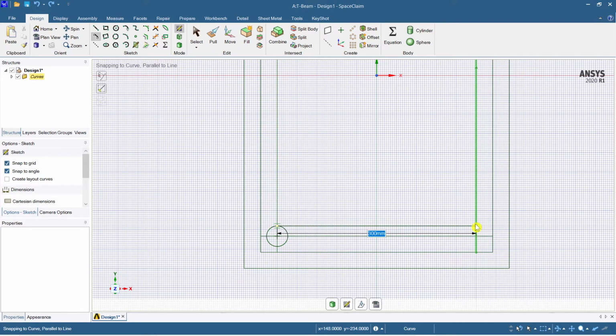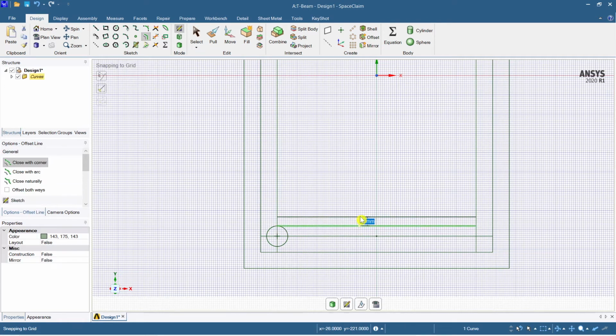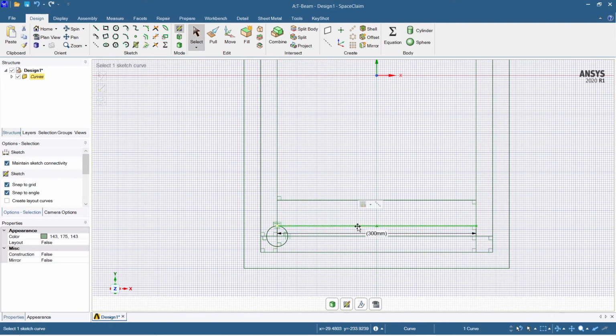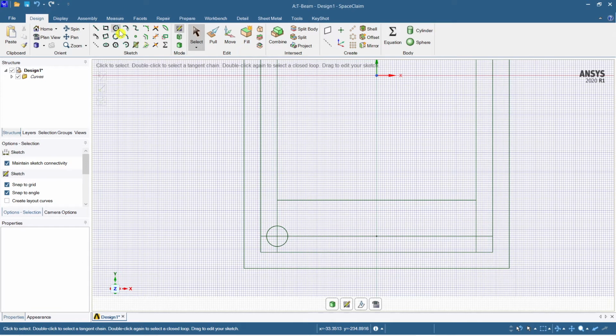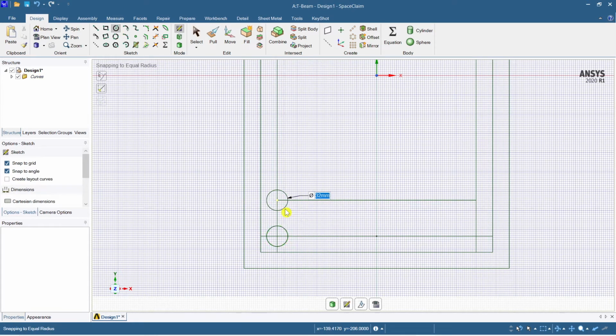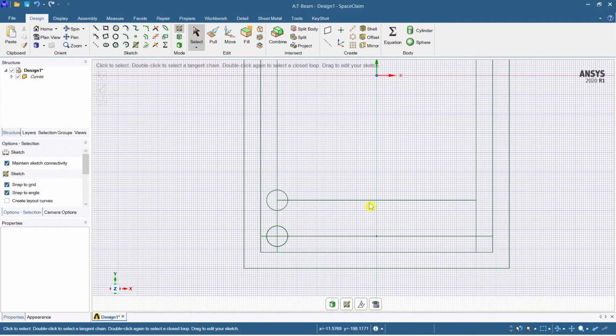For this we need to create an offset, an offset of 40 mm. It's not required now. Now take a circle here, again the same thing, 32 mm dia. Fine, so I hope this is done.